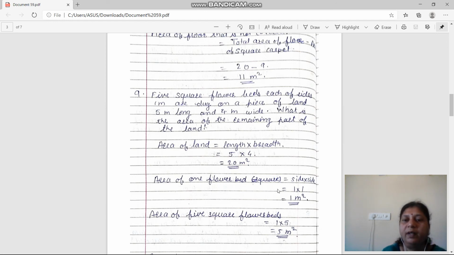So 1 multiplied by 1, 1 1 is 1 meter square. Next, area of 5 square flower beds is equal to 1 multiplied by 5. What will we get here? 5 meter square. Now here we calculated the total area of the flower beds, and then we calculated